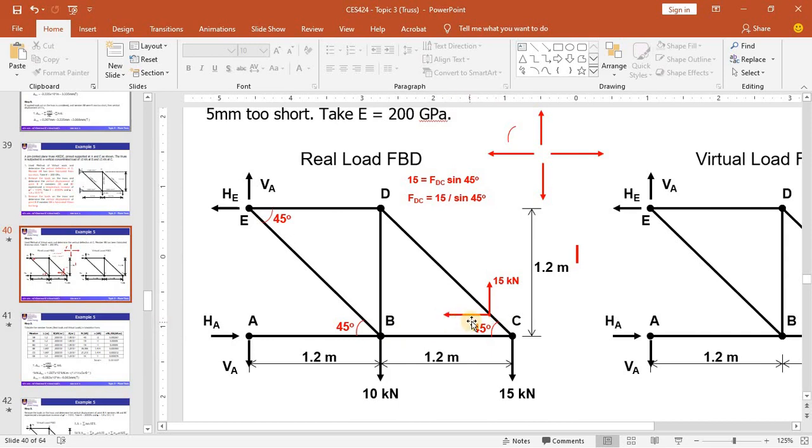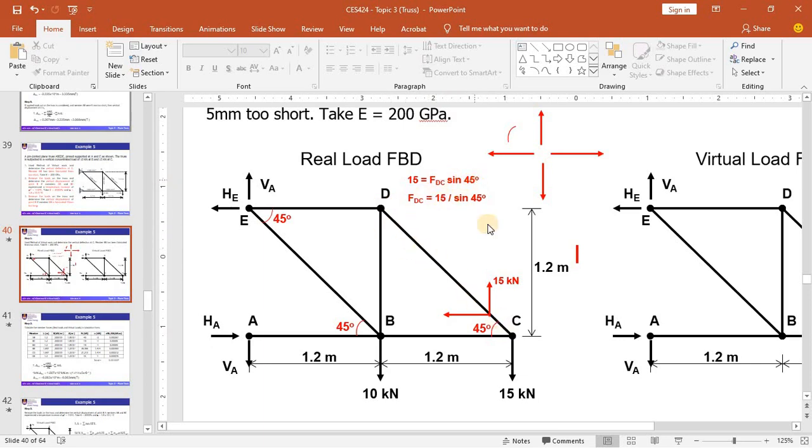Where you can do a backward calculation. Normally, by using the method of joints, you will resolve all the forces into components. But here we will do the backward calculation, where you can see by looking at this particular equation. This is the normal way where we resolve the forces into components. But here the 15 kilonewton component is already obtained. So FDC is the internal force.